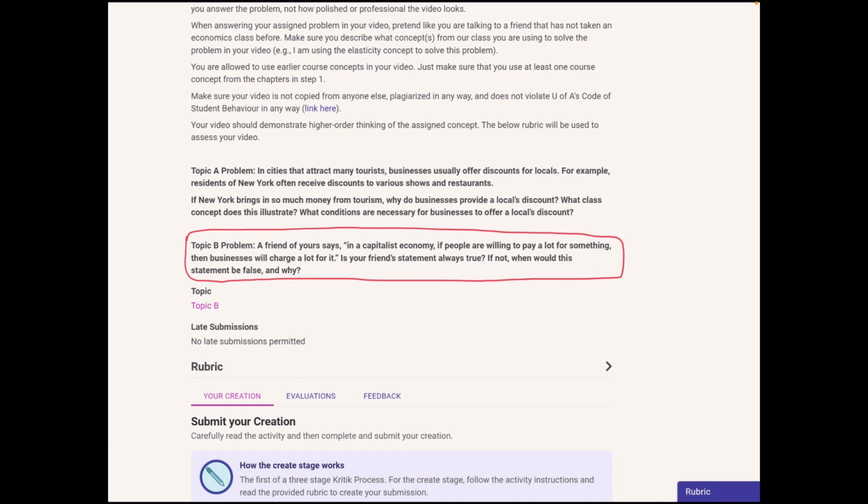This price is often not the highest the customers are willing to pay, but it is at this point that the monopoly gains the most. That's why this statement is not entirely true, because the marginal revenue of a monopoly is always lower than the price. So even though people are willing to pay a lot for something, the monopoly is not going to charge a lot for it.